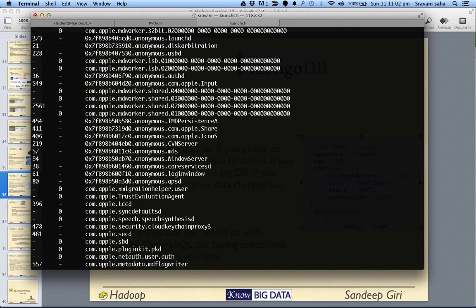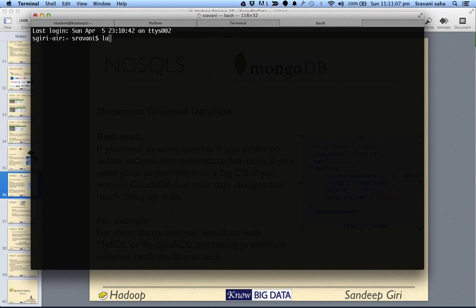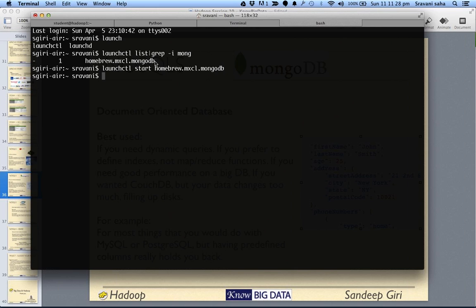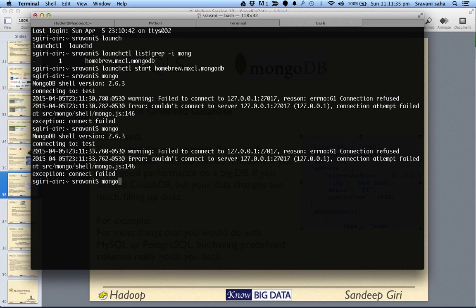There would be MongoDB somewhere. So it's not really running.